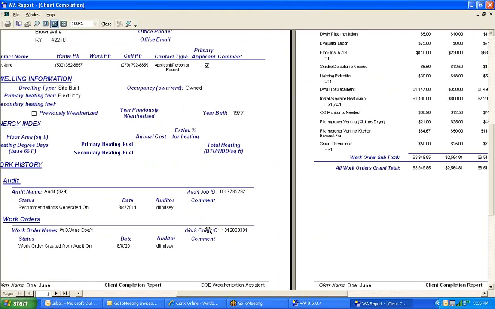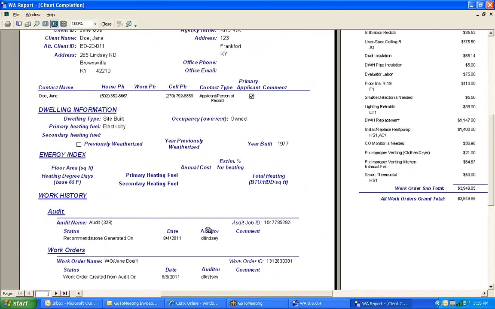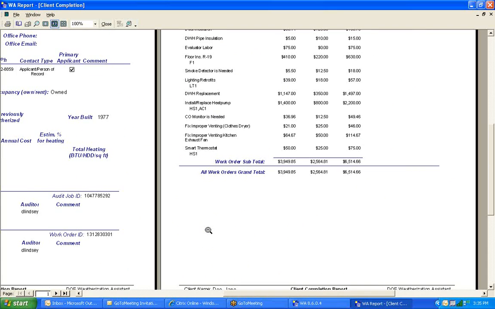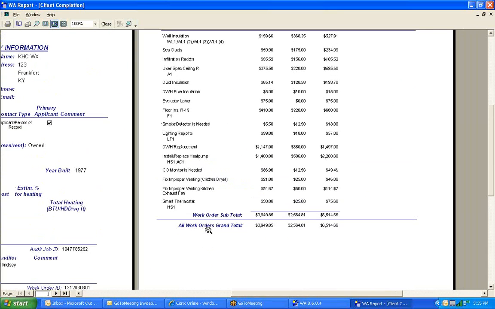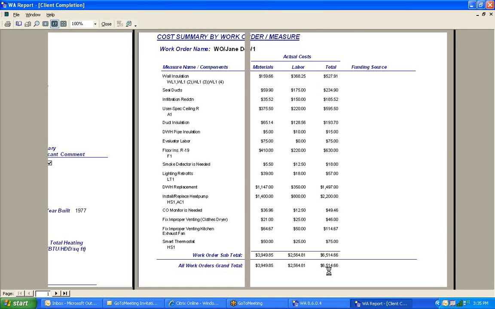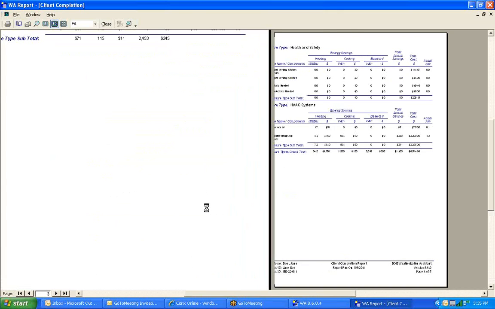Now this actually breaks down, gives all the information, your audit run date, your work order creation date. The second page you'll have is actually a breakdown of every measure that was performed on that job. It breaks it down material, labor, and total per measure, as well as gives you a grand total of material, a grand total of labor, and an overall job total, as well as gives you a summary breakdown per